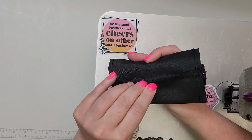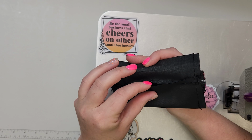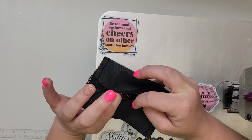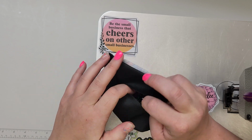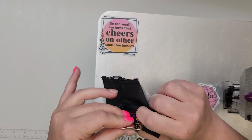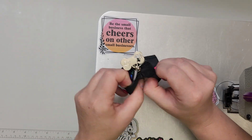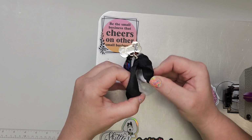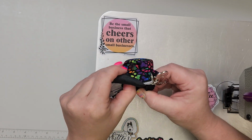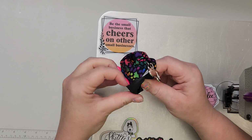We need to pull everything through our hole in the bottom lining. If your zipper pull is not open, go ahead and use your finger to open that. I find it easier to pull my zipper pull through first, and then work the lining through from the back side or the exterior first. So once I get all of that through,